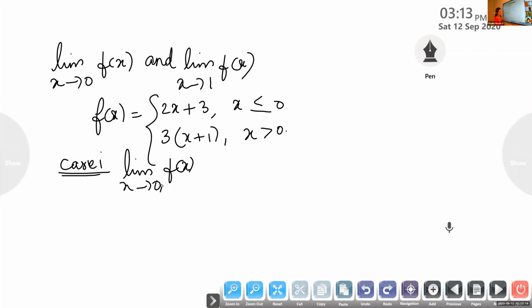Is it clear? Our aim is to find the limits. If you look at the function at the point 0, you are splitting that function. Less than 0, one function is there. Greater than 0, another function is there. If the function is being split at that point, you have to find the left limit and right limit separately, and check whether they are equal. If they are equal, then we can say the limit exists and that value is the limit.